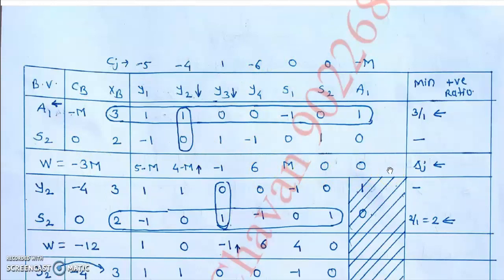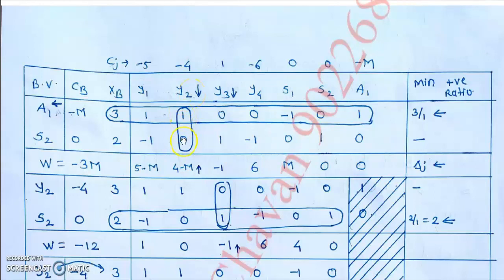Considering M to be a large positive value, I repeat, considering M large enough positive, we have to decide which one is the smallest negative number in delta J. We know minus M is common in both of these constants, but if 5 is added and 4 is added, we know that 4 minus M will be smaller than 5 minus M. That's why 4 minus M is the smallest negative number in this entire delta J row. So the corresponding column is the key column. The corresponding variable, that is y2, is the incoming variable.